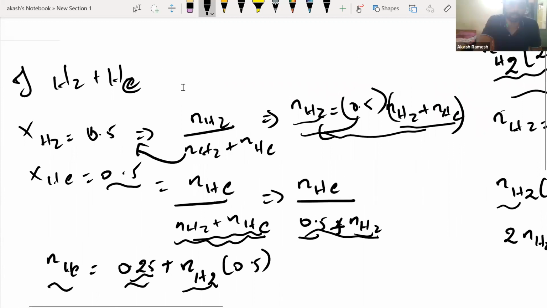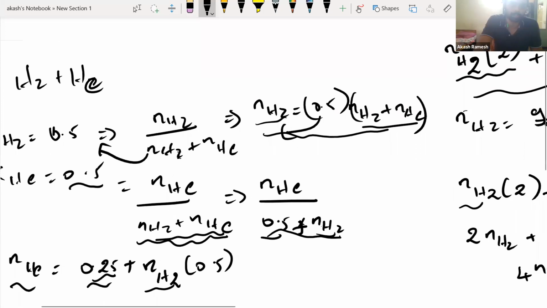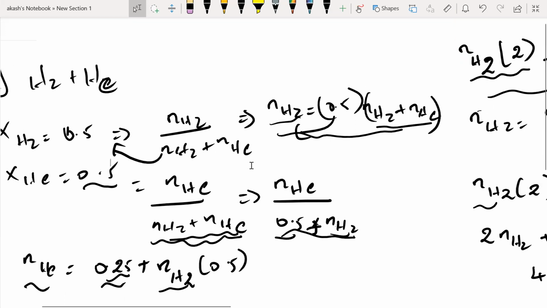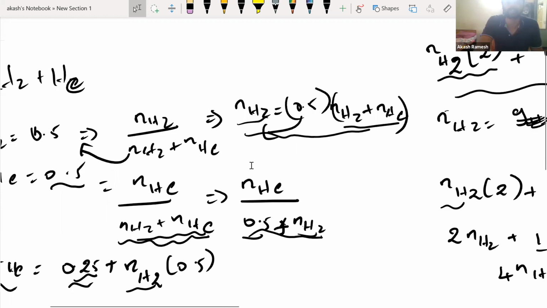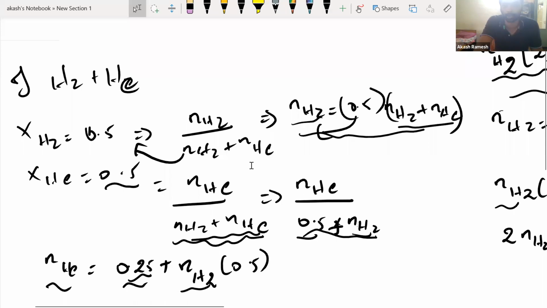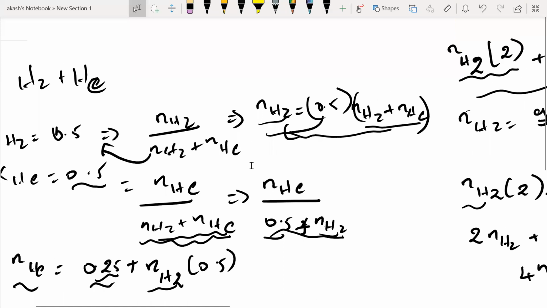I think what you did is, in the first step itself, there should be 0.5 into number of moles of H2 plus 0.5 into number of moles of He. I think you did 0.5 only for number of moles of helium, I guess. You multiplied that. No, sir. I took 0.5 for H2 also, sir. Okay, fine, no issues. What you do is after the class, click a picture and send me, and I'll look into it. I'll tell you where you went wrong. Okay, sir.